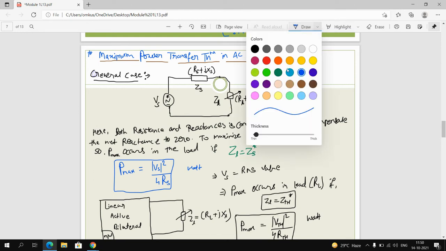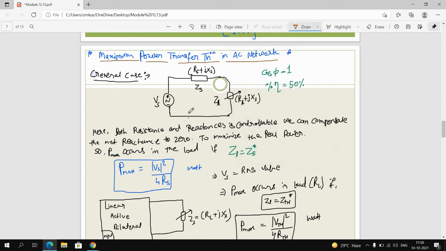So for a DC circuit it is very simple, but when you go through the AC circuit, see what the special case here is. First, this is a general case. If the circuit is given to you in your question just like that, your load impedance is variable, meaning you can vary this resistance, and you can also vary this inductance. Meaning your total ZL is varying, right?